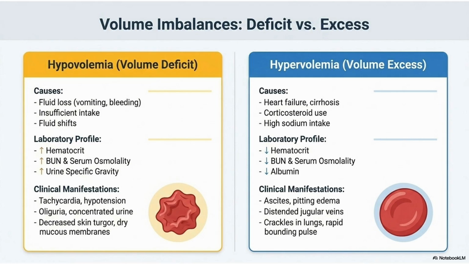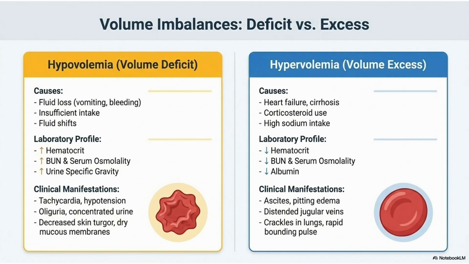These are the signs and symptoms that you're going to see, the clinical manifestations. You're going to see tachycardia, hypotension. You're going to see oliguria because you don't have enough blood volume in your vascular system. So you're going to have hypotension, oliguria, not enough peeing, concentrated urine, decreased skin turgor. Why? Because the patient is dehydrated. Dry mucous membrane because the cells are shrinking, right? So now,